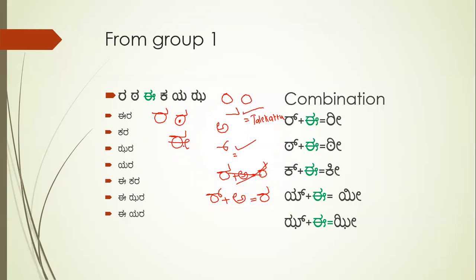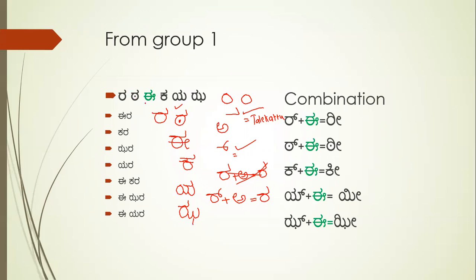The next is, if I make a circle, a sleeping line, a standing line, and again talekattu, it is called ka. Then circle, side line, and talekattu with an extension is called ya. And the next is a circle, make it ra, and add two extensions over here. This is ja. Right?